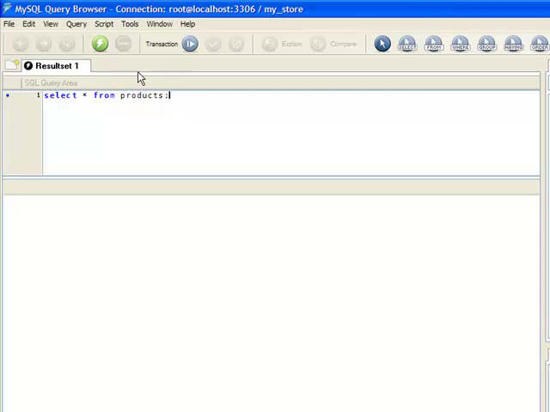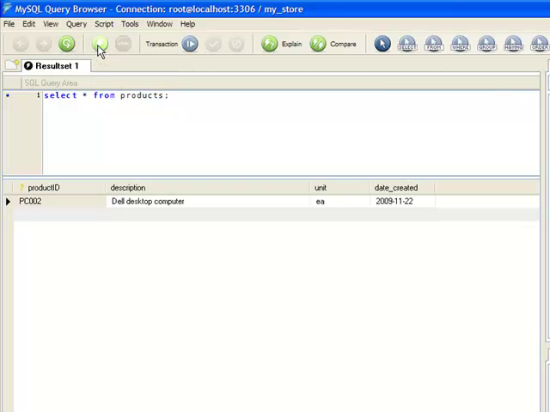We click the execute button to execute the statement, or you may press Ctrl E as an alternative if you're using a keyboard. So we'll press this one. From the previous activity from the last tutorial, we have one row that is